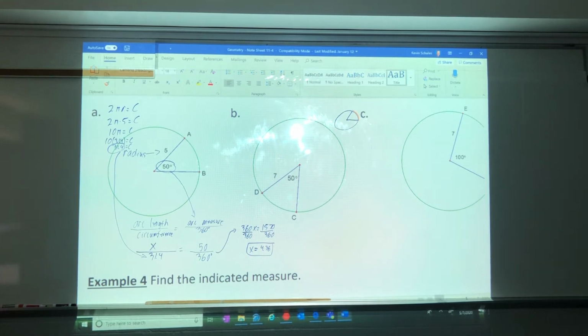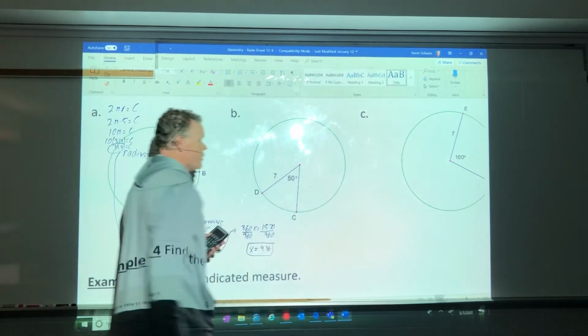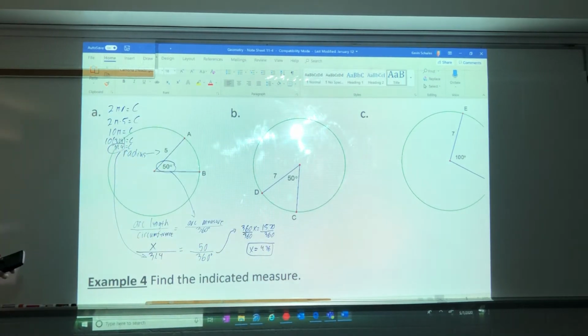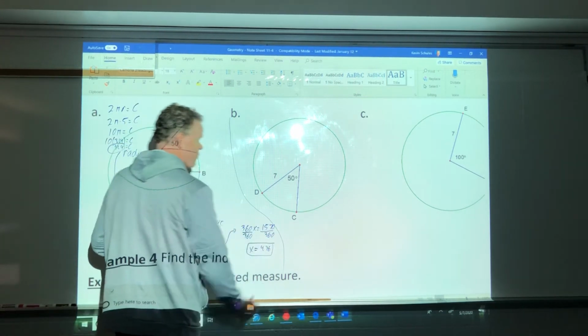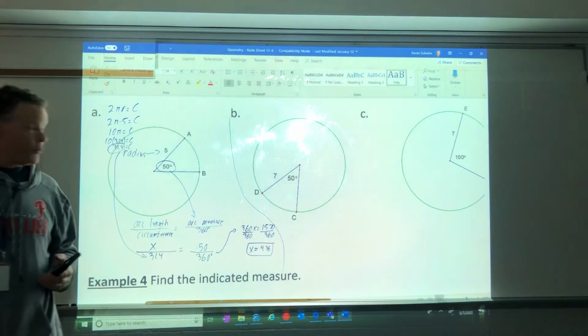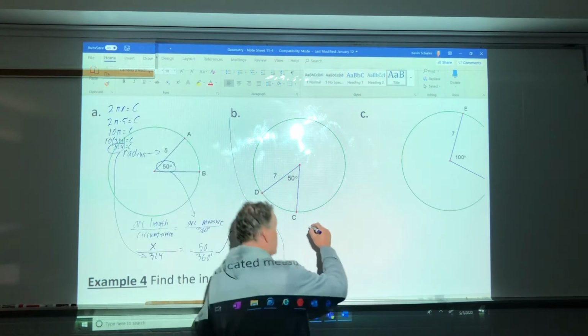Okay, let's look at B. B, we're going to do the same thing. And I think we'll do B. E is really doing the same thing over again. And again, I'll have some examples done on your worksheet. So for B, what we wanted to do was find, we were going to do the same formula, arc length